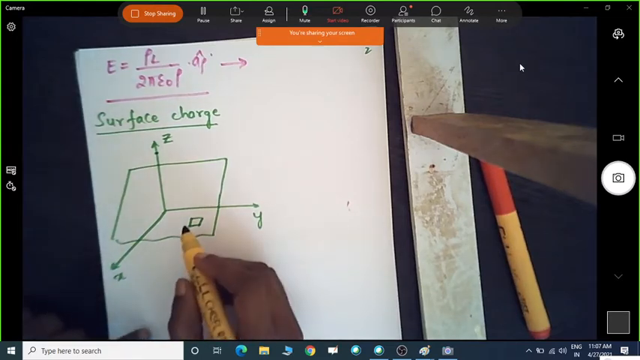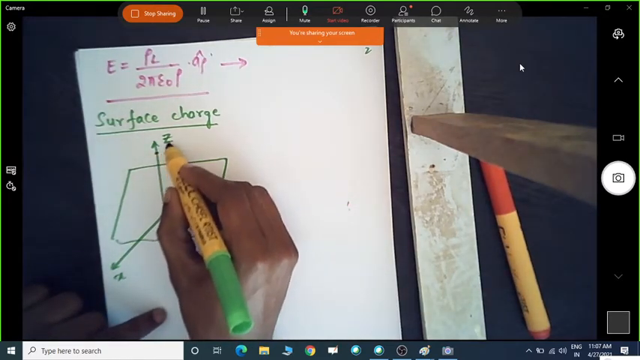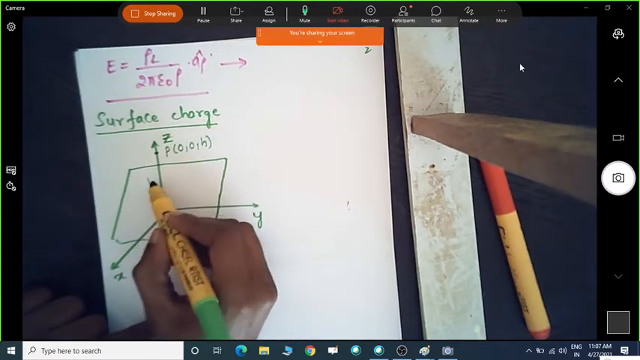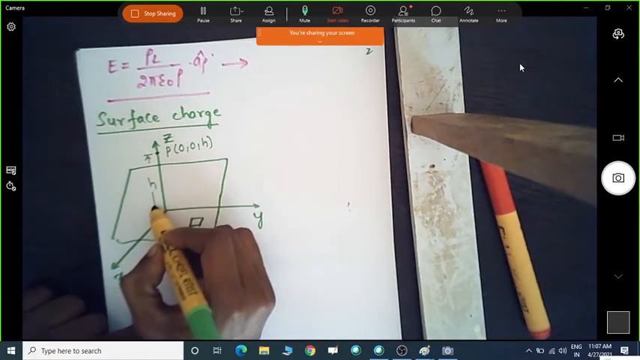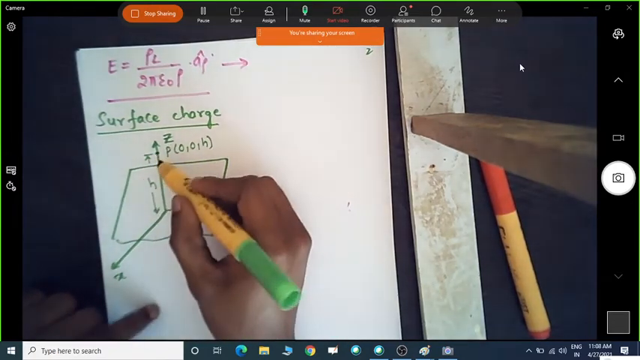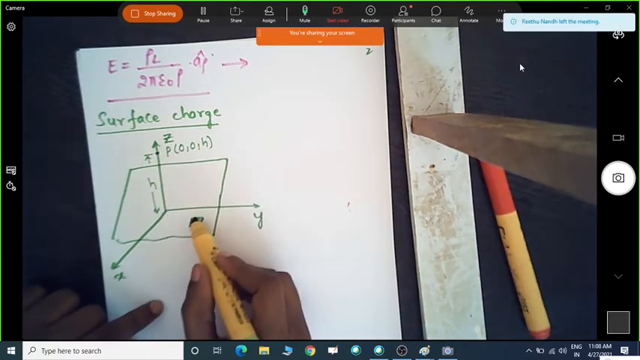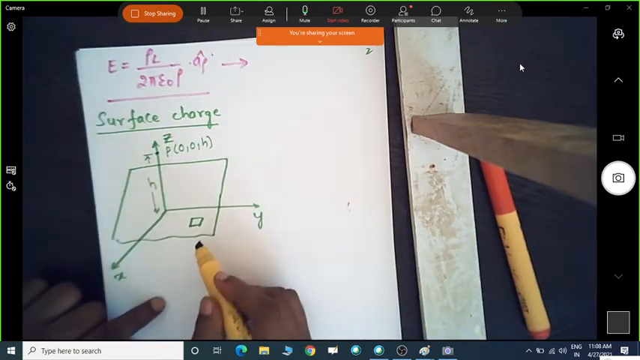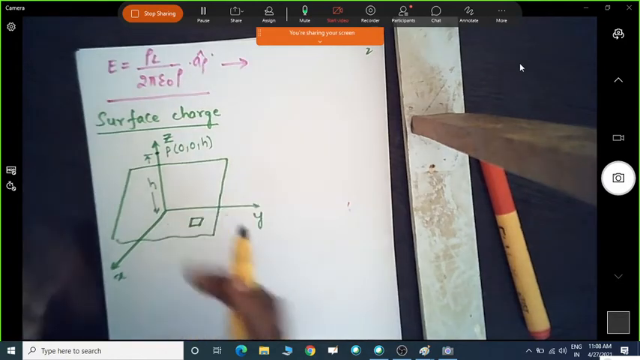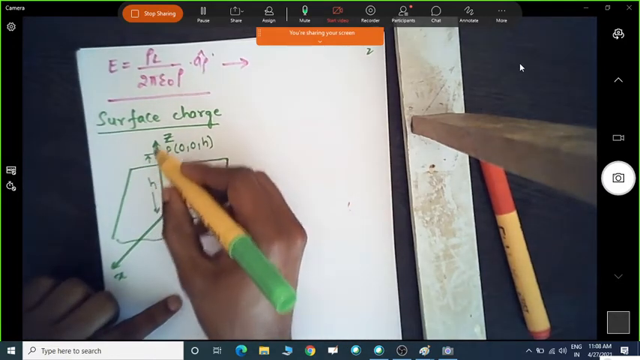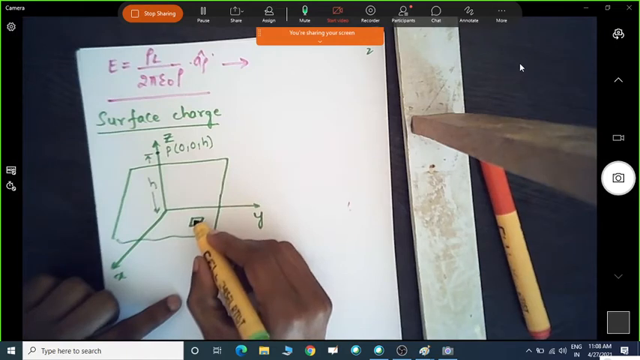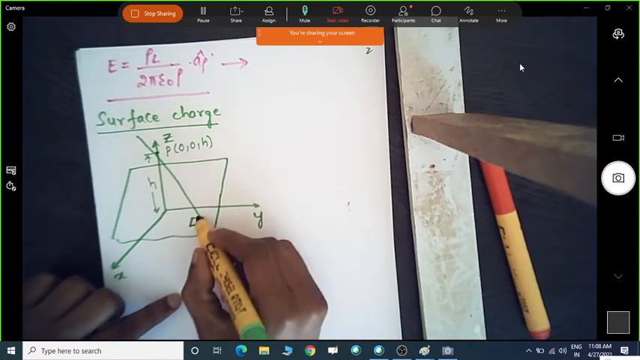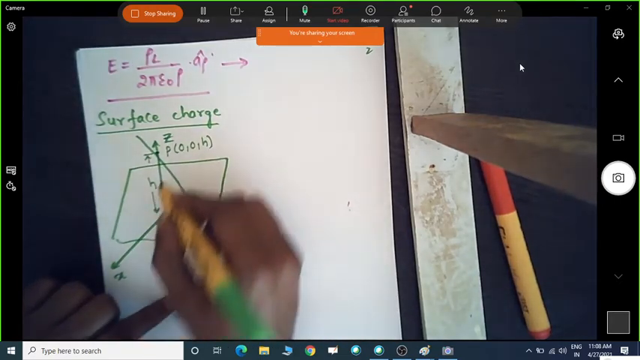Okay, so if I take the point P, which is (0, 0, h), that is the height h from this point to the origin. Now if I want to find the electric field due to the small elemental charge on the surface of this sheet, first we need to draw a line, the field with respect to this small elemental area,